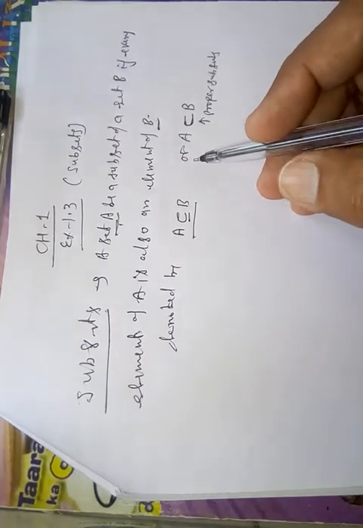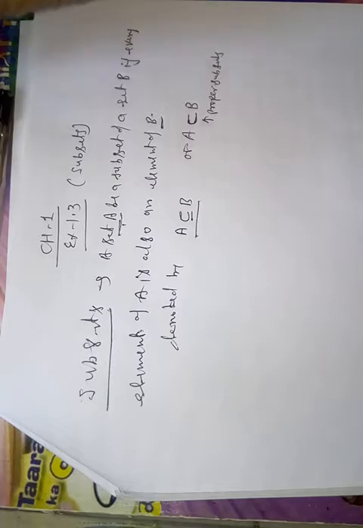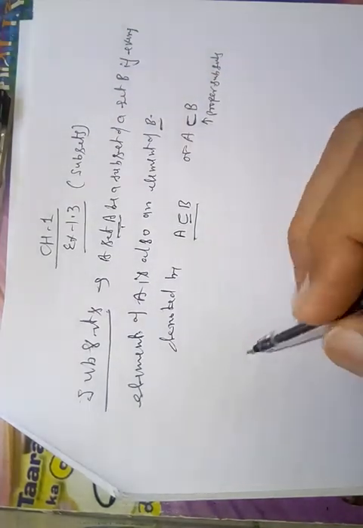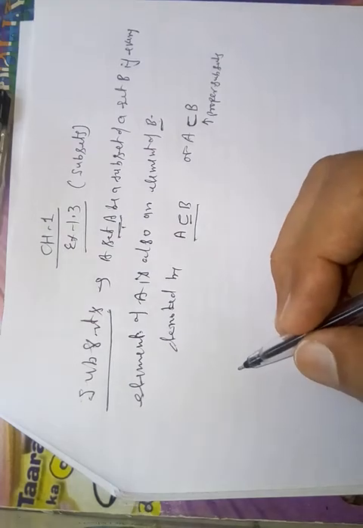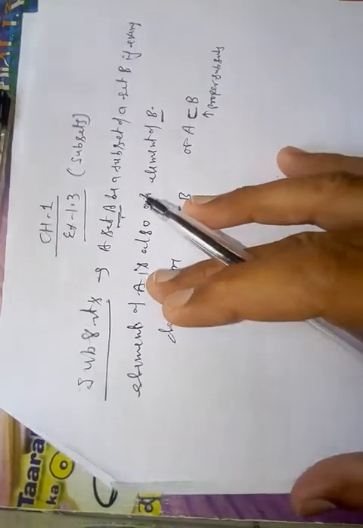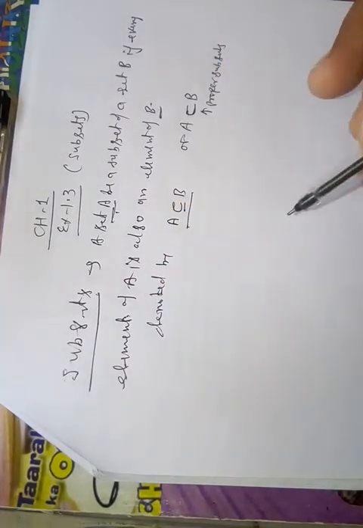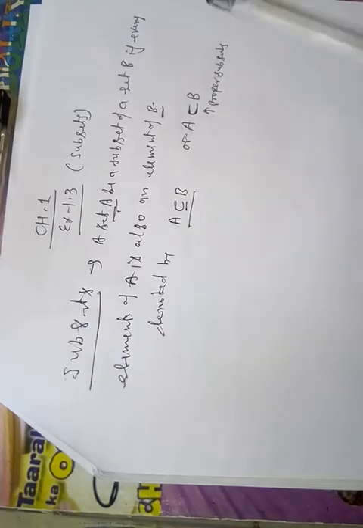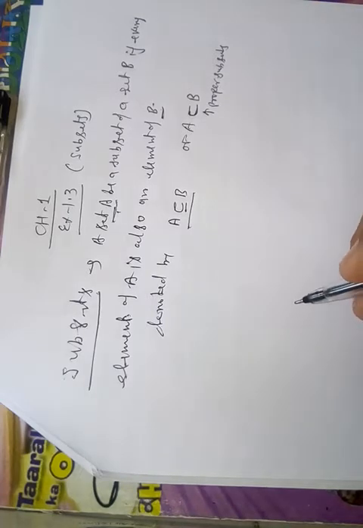For example, you are a member of a family. A family has a mother, a father, and a house. So you are the child of the parents. The parents are members of the family of a house, and you are a member of another set. So you belong to the house, and the family also belongs to the house. The house is a set and the members are a subset.